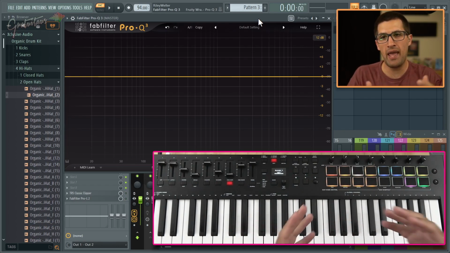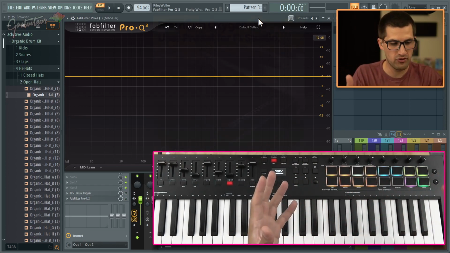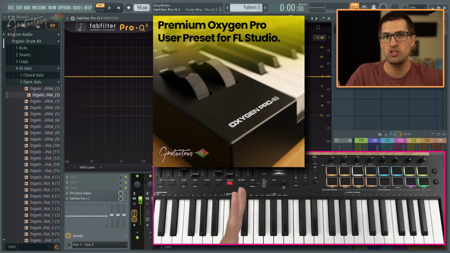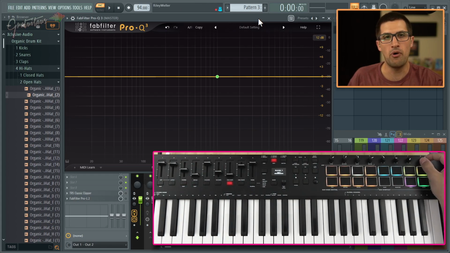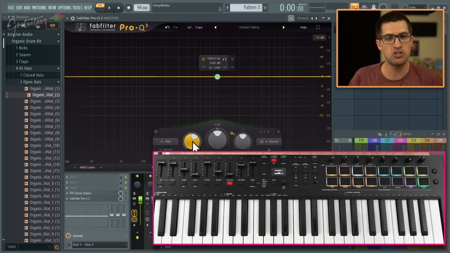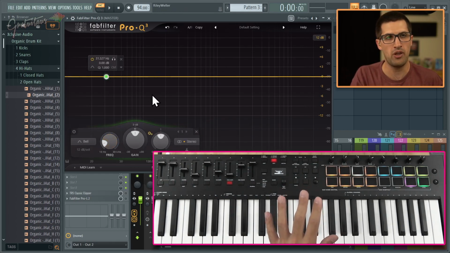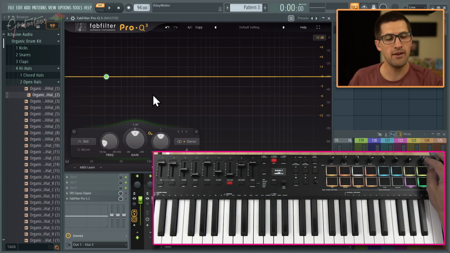So to create a band with Pro Q3 in FL Studio with this Oxygen Pro FL Studio template by GratuiTous, you're just going to use this right knob, all right? And as you can see, it created a band for us. I'm just going to select that so you can visually see what's going on with it, okay? So again, I created the band, and now the next one allows us to adjust